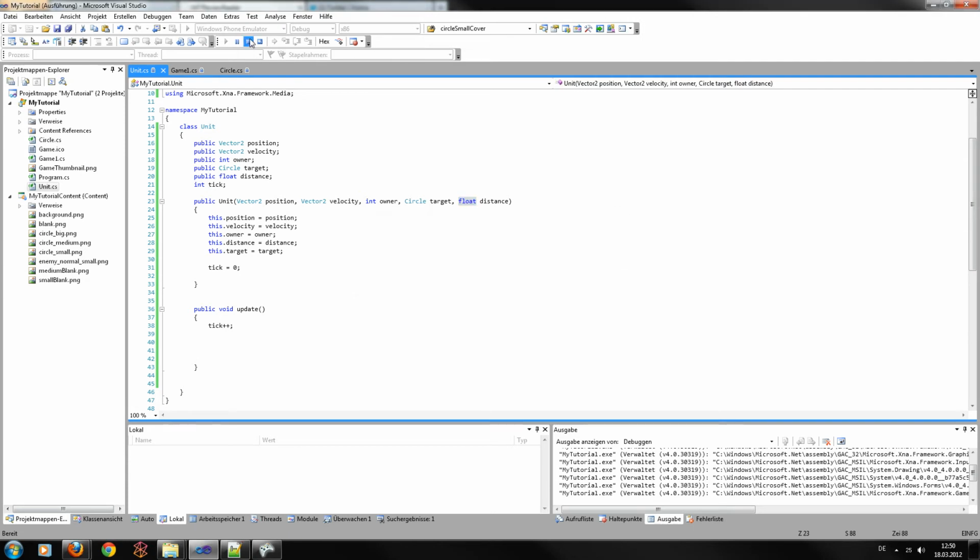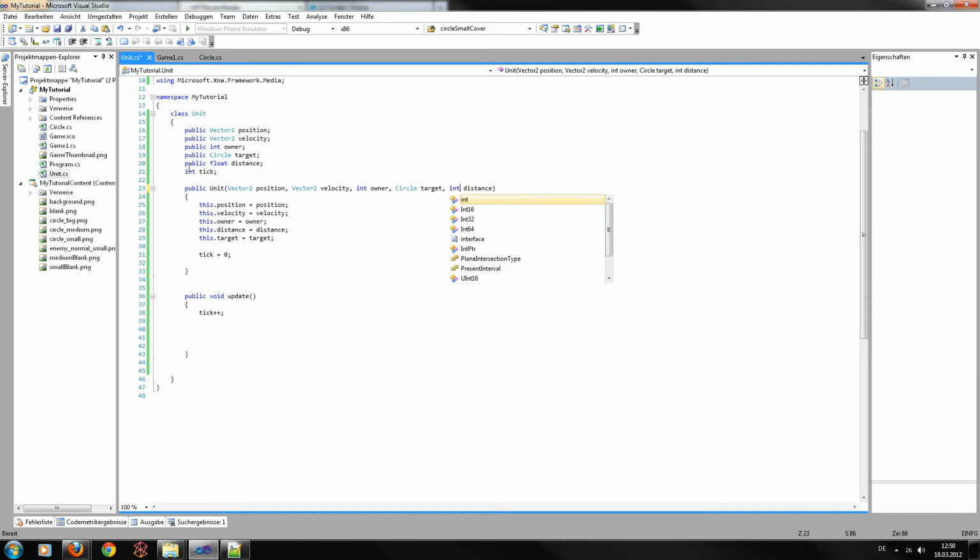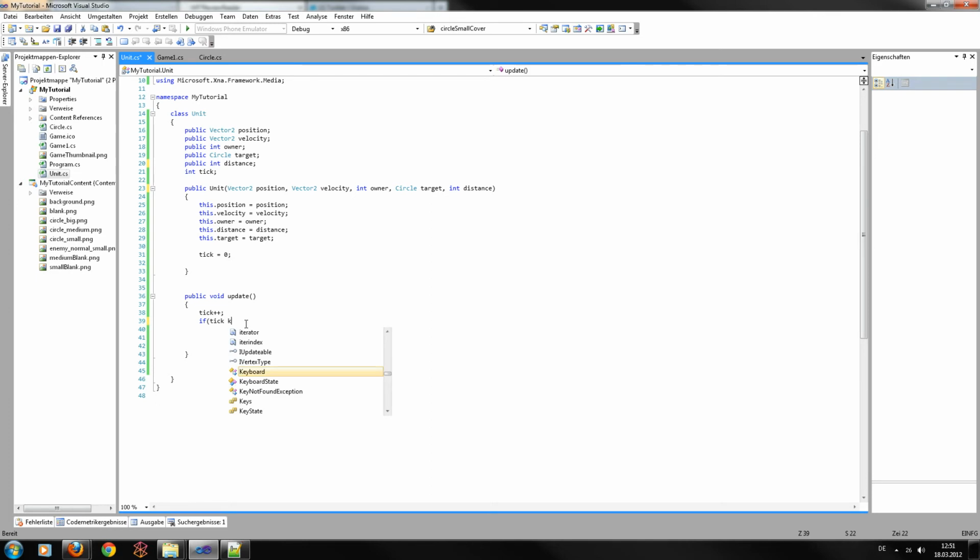Okay, code is already running. Let's make it an int right here, and public int distance. Okay, and now we'll see if tick is greater or equal than distance. Okay, now we have two possibilities. Either we set a boolean like is alive to false, or we make it